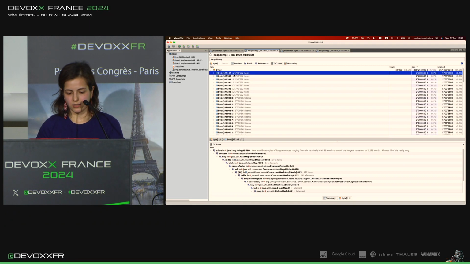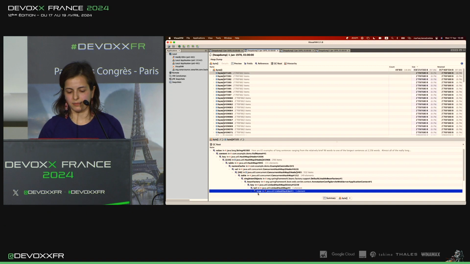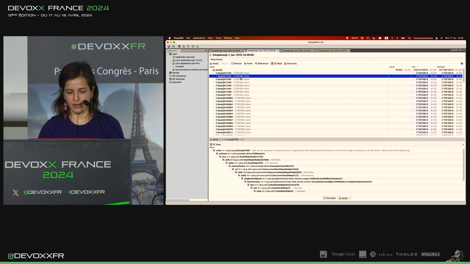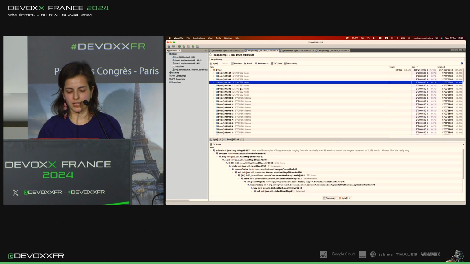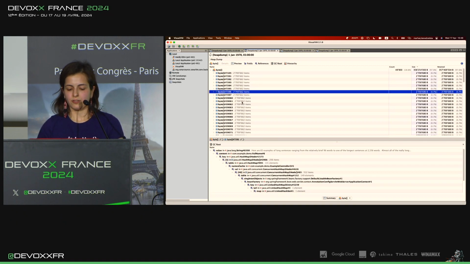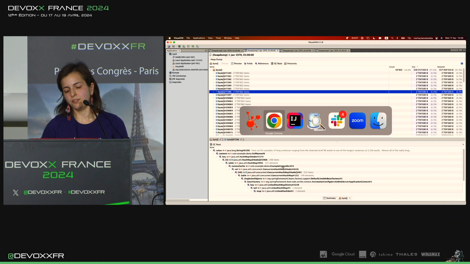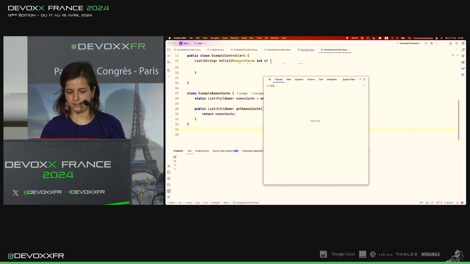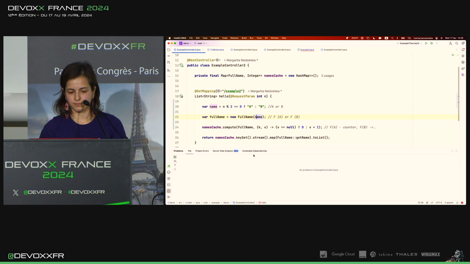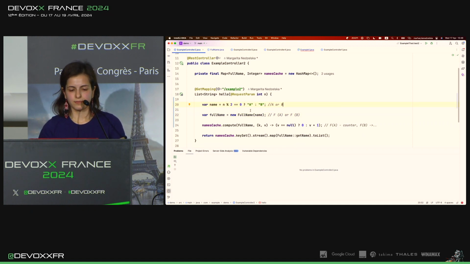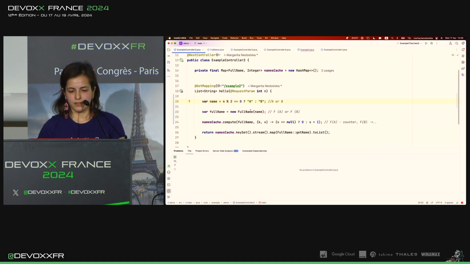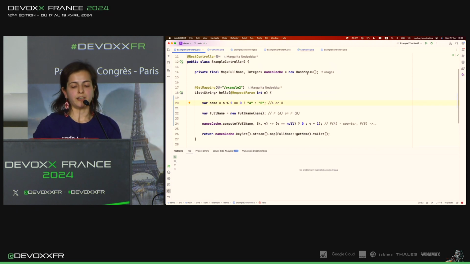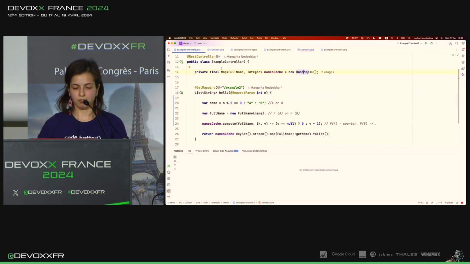What we can see is that this byte array is referenced somewhere in the table in some linked hash map, in some hash map. This one is the same hash map, the same hash map, the same hash map. So it looks like there is something fishy in the hash map. This is coming from the class example controller, so let's look there. So this is the names cache. This is a hash map, okay, probably the one that we are searching for.